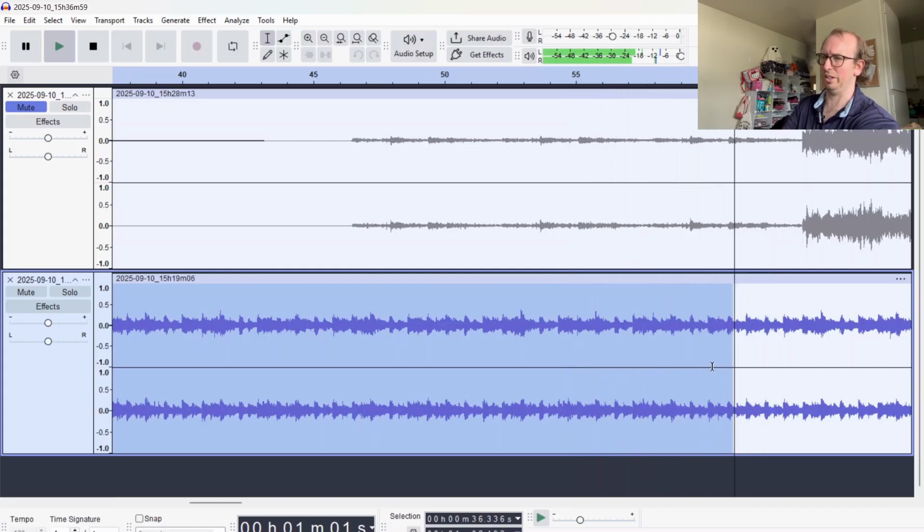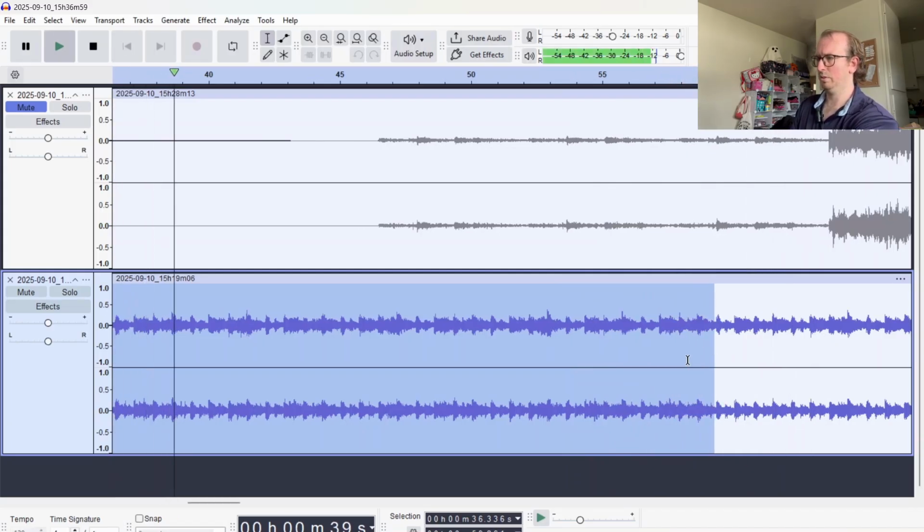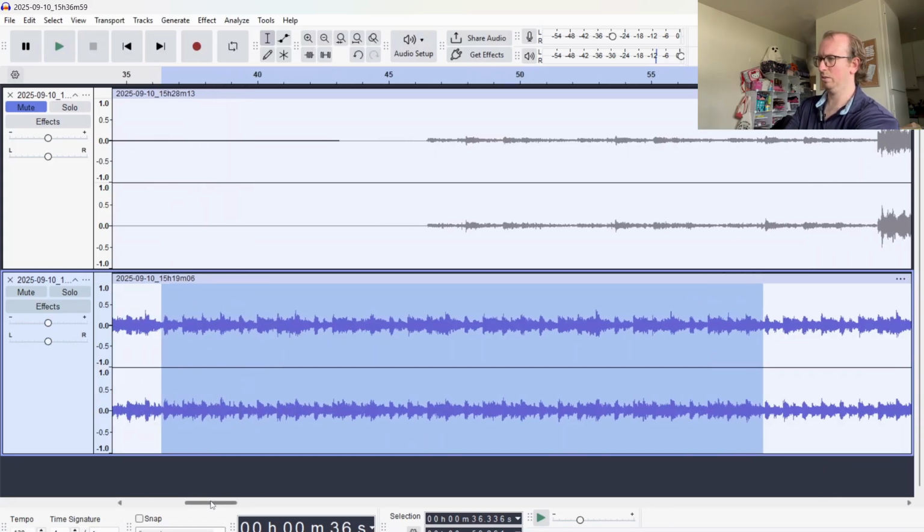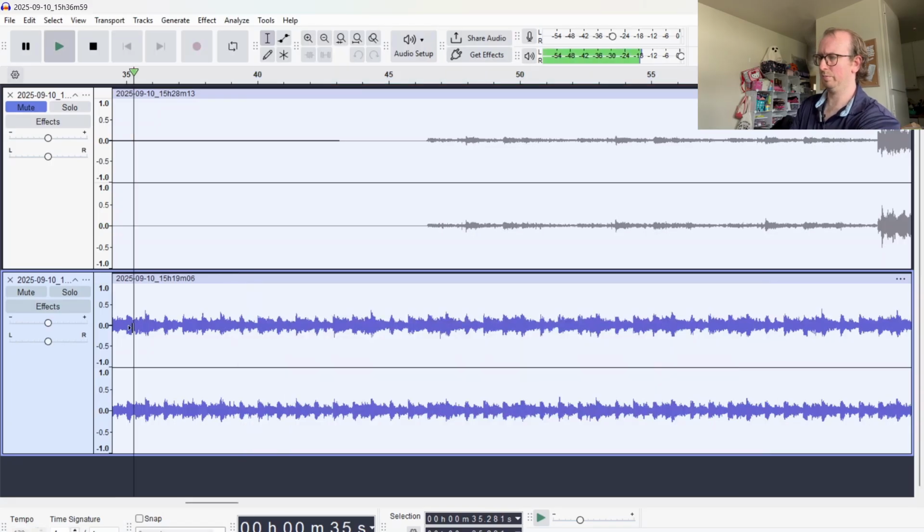I think this is when I was trying to zero in. So I might keep it there because I think that's a clean loop actually if I cut it there. Let's find out. There's a little bit of a pop. I know there's a little bit of a pop right there, but oh well. I could either go in and fix it or sometimes celebrate the weirdness